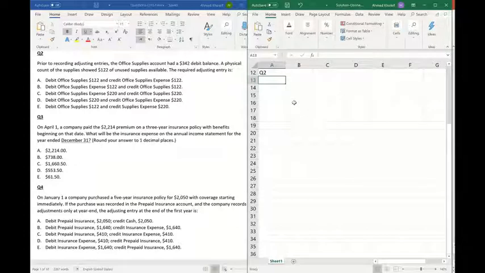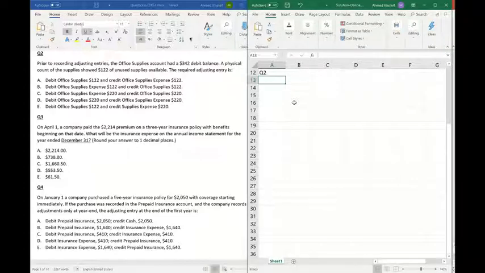For the second question, prior to recording adjusting entries, the office supplies account had a 342 debit balance. A physical count of supplies showed 122 of unused supplies available. So for the adjusting entry, we need to work out the amount of supplies that is used